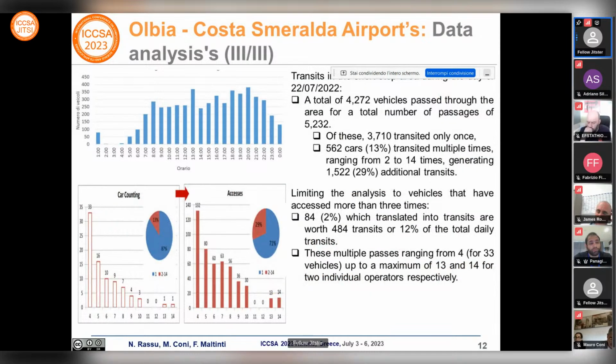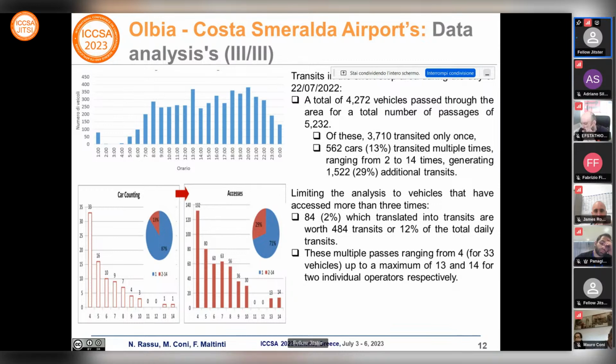Delving into the issue of multiple passages, the graph shows the processing of data referring to the transit in the short stop area, extracted on the day of July 22. Since the license plate of the car is recorded at each passage, the processing of the data made it possible to identify the number of passages made by each vehicle. A total of 4.2 thousand vehicles passed through the area for a total number of passages of 5.2 thousand. Of these, 572 cars transit multiple times, generating